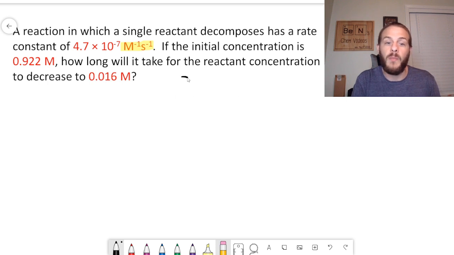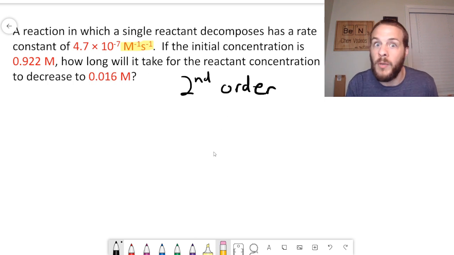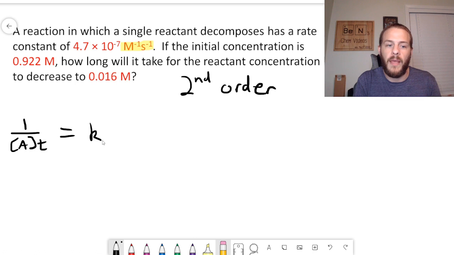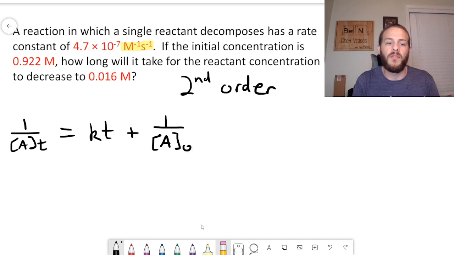That actually happens to be second order. So the units of the rate constant, that's what tips you off that we're dealing with a second order reaction. So we're going to use the second order integrated rate law equation, which, if you recall, is 1 over the concentration of the reactant at time t is equal to positive kt plus 1 over the initial reactant concentration,